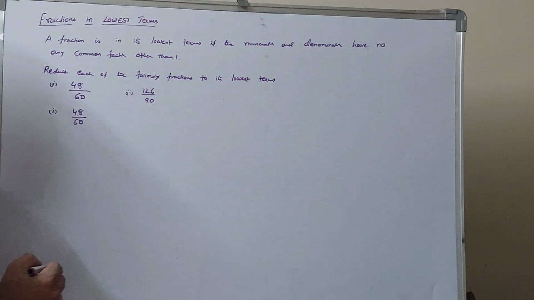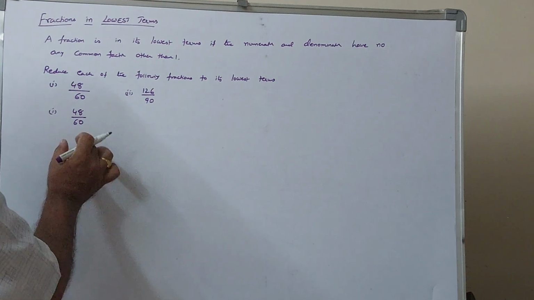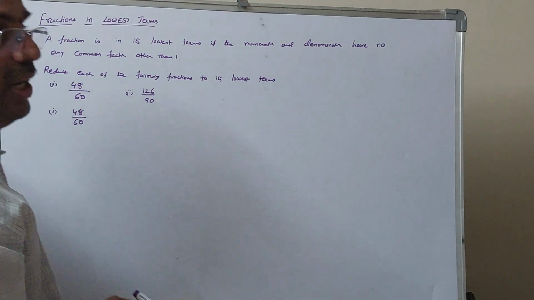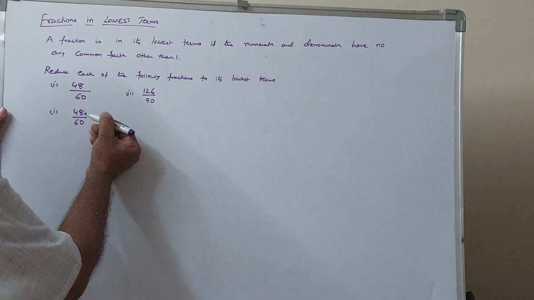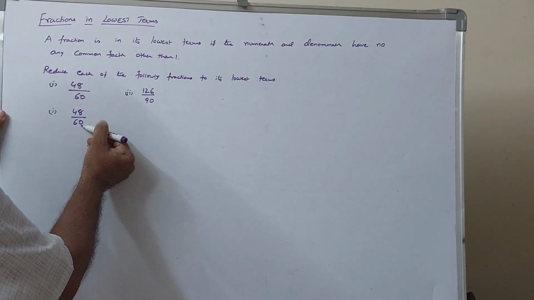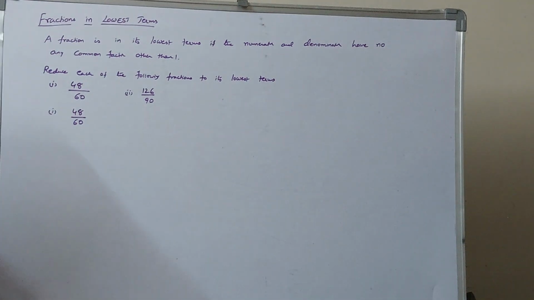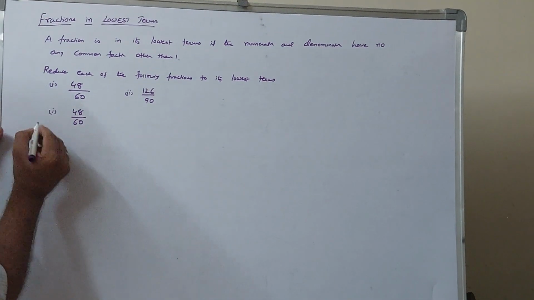See, there are two ways. You can divide numerator and denominator by common factors, or you can take the HCF of 48 and 60, numerator and denominator. Okay, step 1 is,